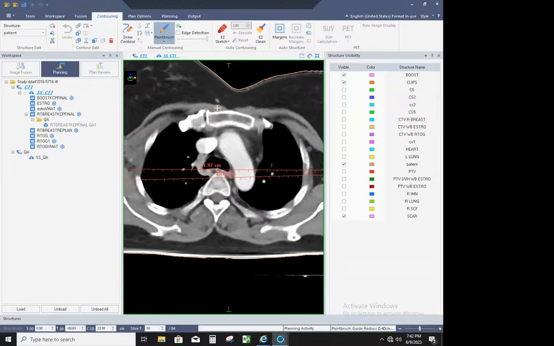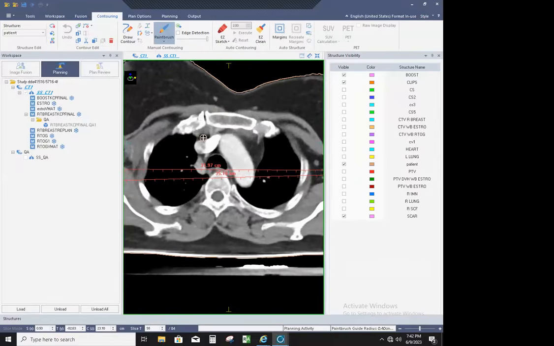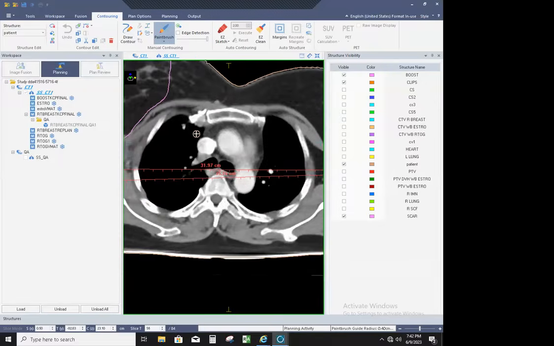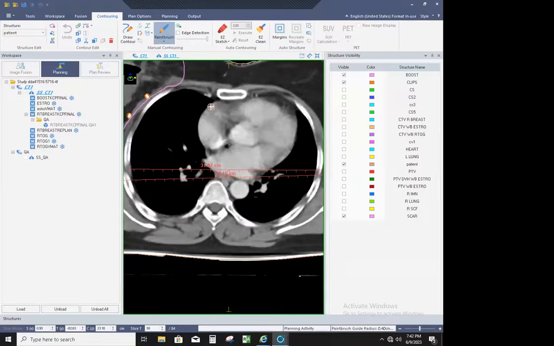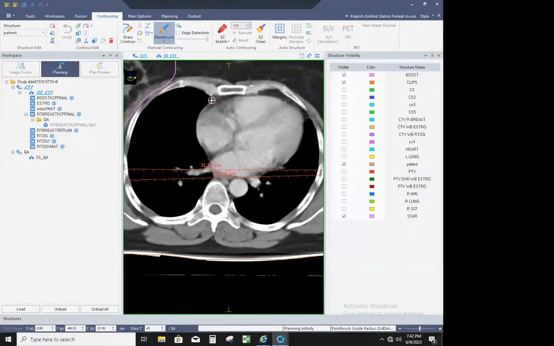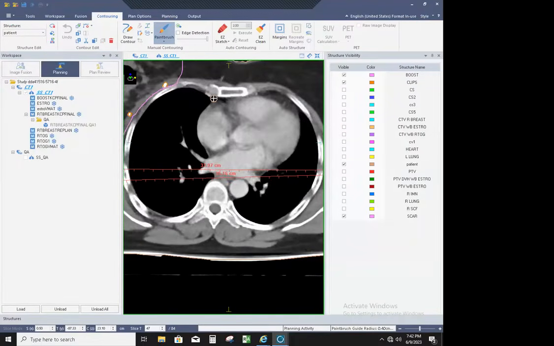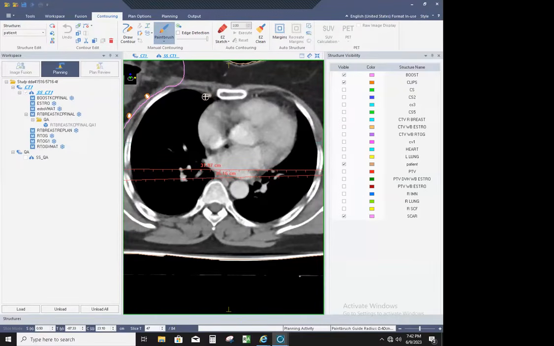So contour at the lower border of the first rib. Don't contour behind the clavicle, it causes more lung toxicity. Just contour beyond the first rib and go down, contour till the fourth rib, the cranial border of the fourth rib. These are the two IMN vessels you can see here. This is what I am going to tell about this guideline, and let's see how to